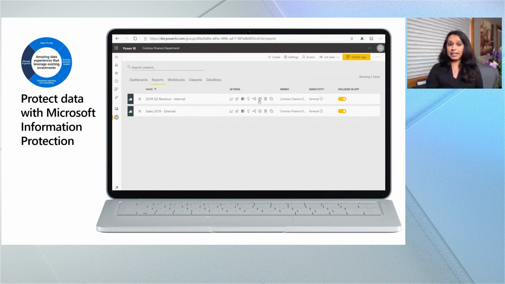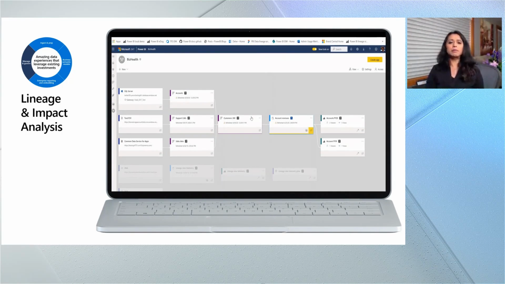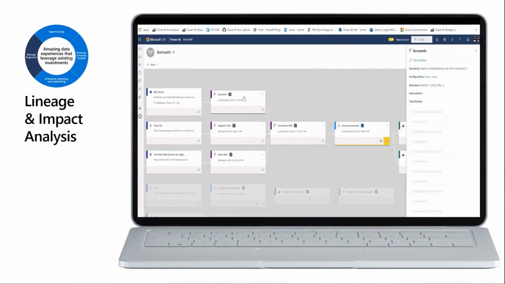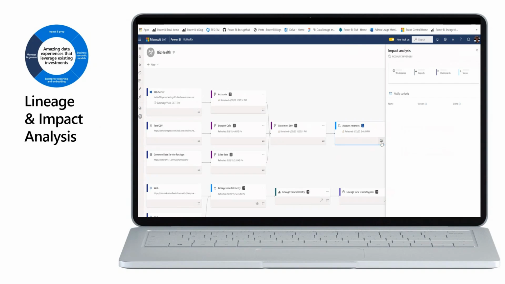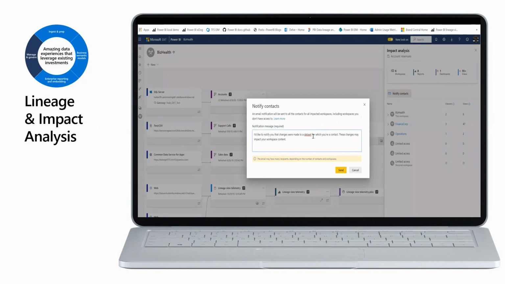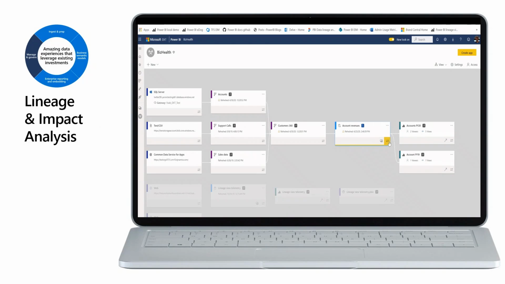So the next thing I want to touch upon is really Lineage. You're probably interested, as BI professionals or even data engineers, as you're thinking about building reports, in where is this data coming from, that gives me Lineage, and what is the impact? I make a change. What is the impact of that change that I make to my report, or maybe to my data set?